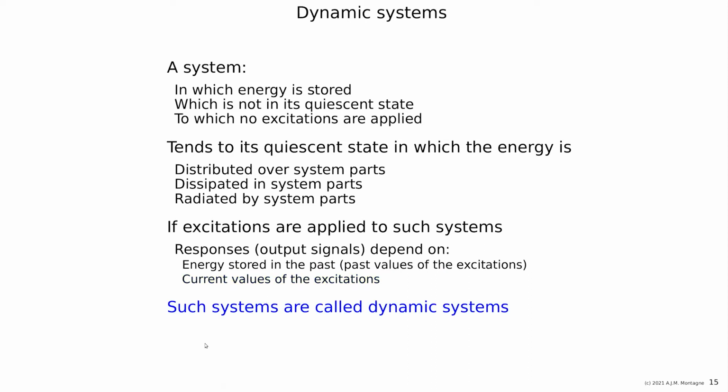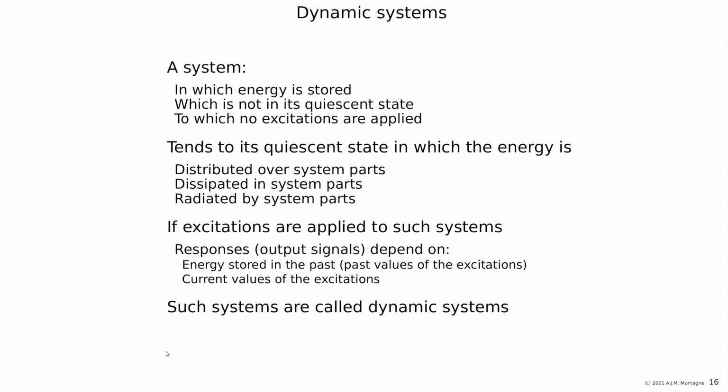The definition of a dynamic system you find in, I think, chapter 15 or 16: a system in which the responses at a time instant t are not only defined by the excitations at the time instant t, but also by previous values of the excitations, or by future values, but we don't have those systems yet. So we call them causal, and we only have the past to deal with.